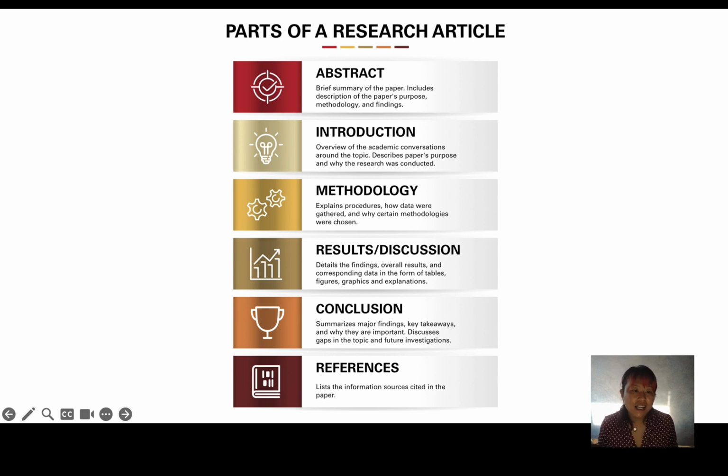Some articles may not have an abstract, and if that's the case, then go to the introduction. The introduction will give you an overview of the academic conversations around that topic. It may also give you some key terms that can help you find similar articles for your assignment. Now, this information, as well as the information of the other sections in a research article, is found on page